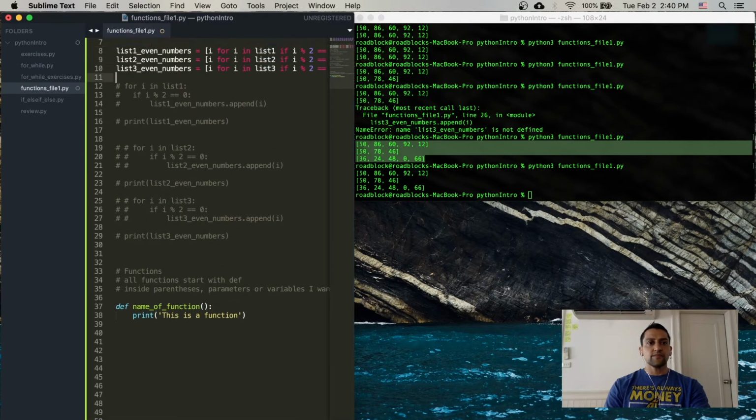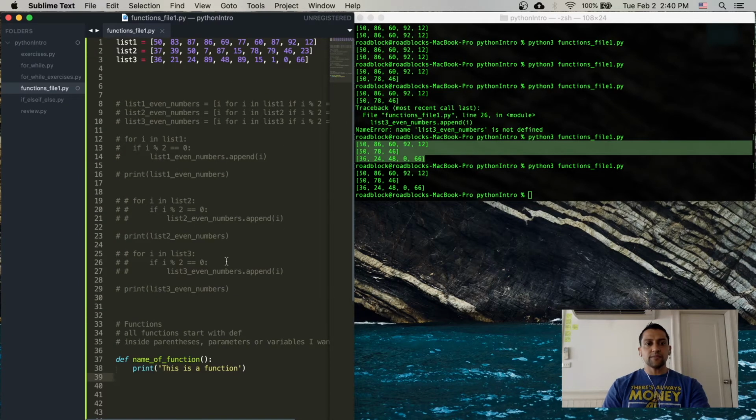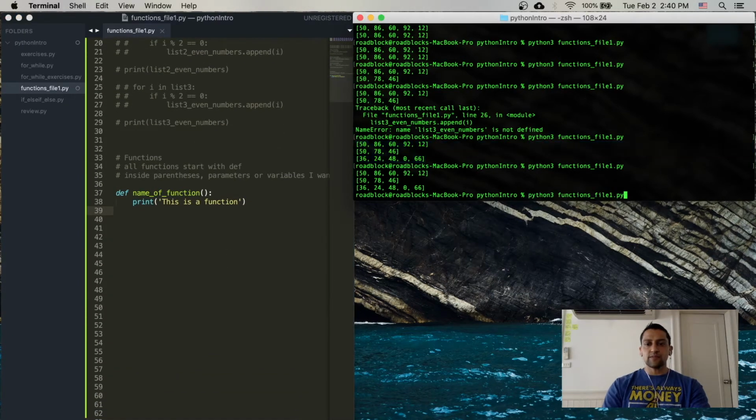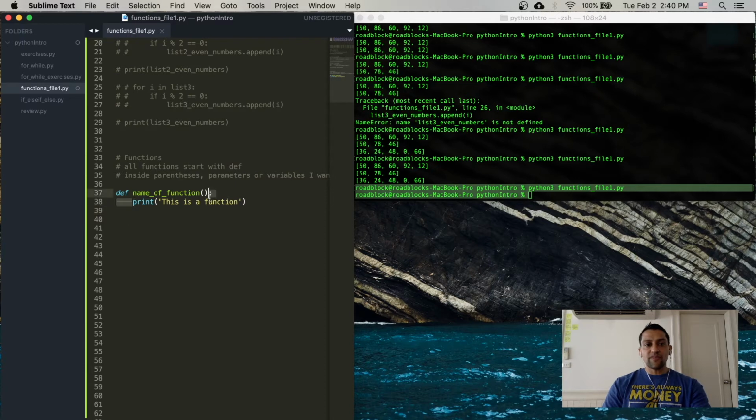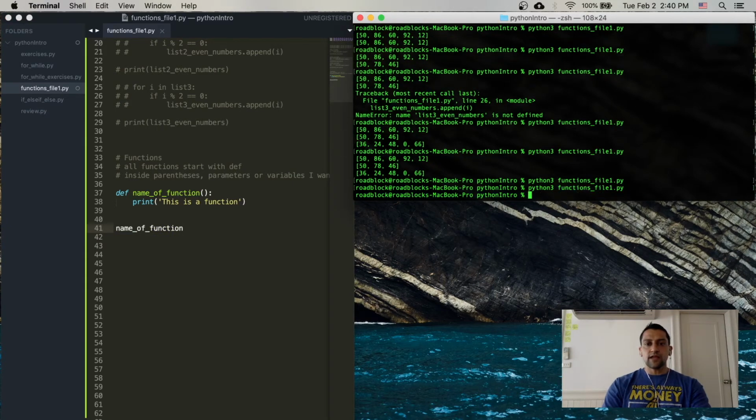Comment these out. And how do we print this? If we just run this file, there's nothing. We won't have any output at all. But if I want this output here, I need to just do the name of the function. So if I just do this alone, what happens? Nothing. And if I do it like this, I need to have